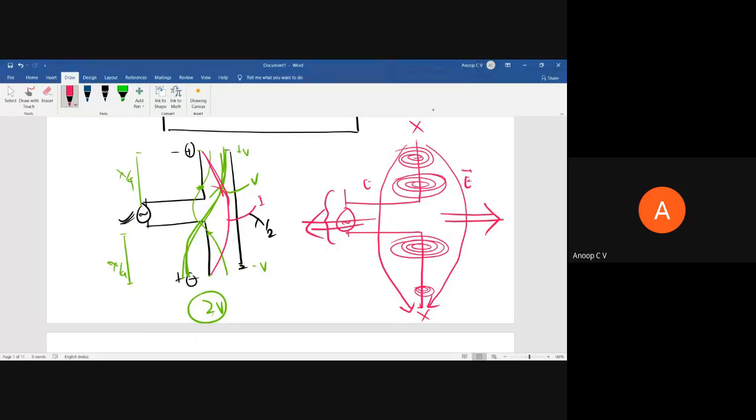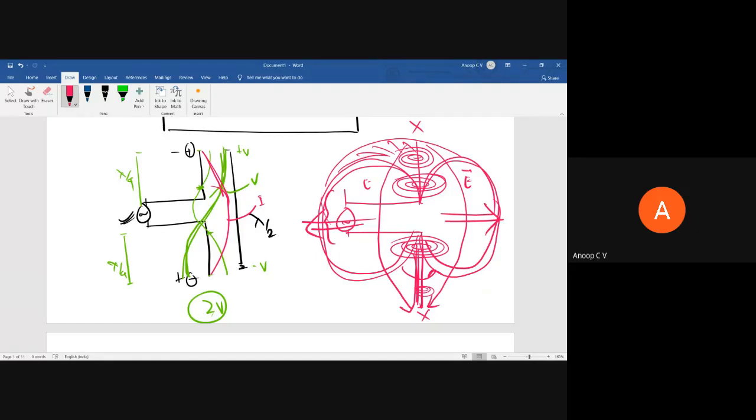So I told you the antenna radiation pattern will be something like this. Yesterday I had drawn this antenna radiation pattern as this, but today we are going to study in detail what actually the antenna radiation pattern is. In this plane the radiation will be like this, behind the plane and also in front of the plane. So the pattern will be like a figure of revolution of a figure 8. If you rotate that figure with respect to this axis, you will get a figure of revolution like a donut or a pumpkin or an apple. That will be the actual radiation pattern.